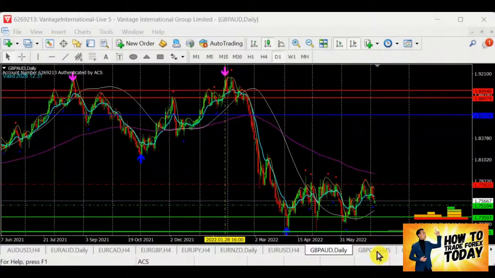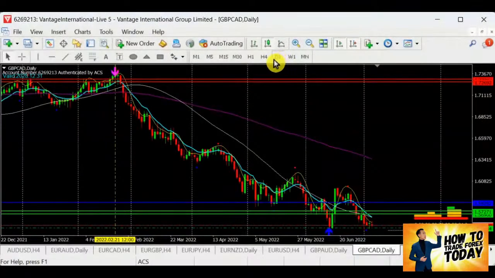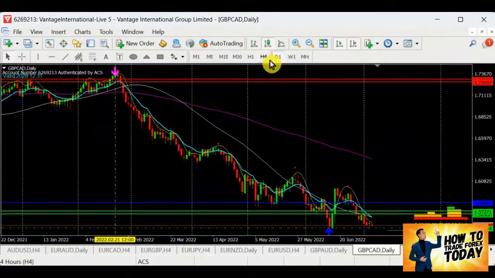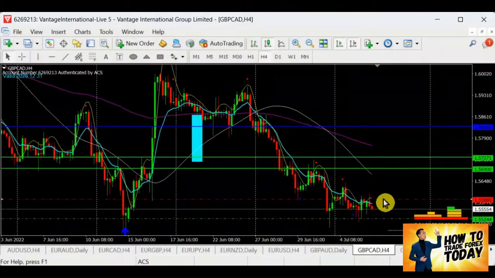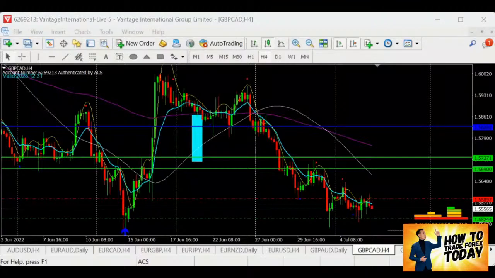Anyway, EURCAD, let's take a look at EURCAD. All right, EURCAD, we are still in the selling. That's good. Selling is still going on, and let's look out for resistance. Yesterday, after its sell-off to test the support, the EURCAD is now coming back here once again with a lower resistance to retest. It looks like it's going to retest the support over here. Now we have about 30 pips to go. EURCAD looks good, so I'm going to put EURCAD into my selling list. Go and take a look.